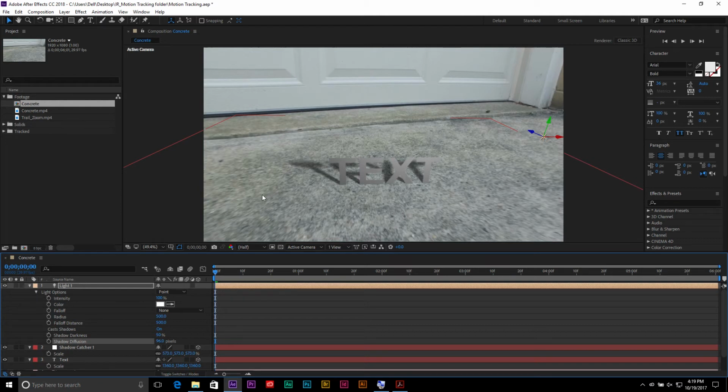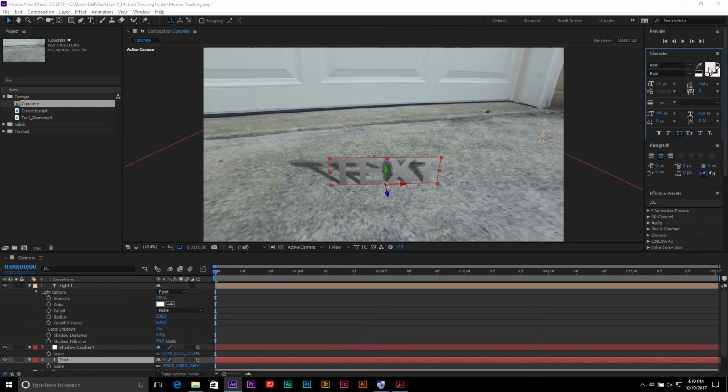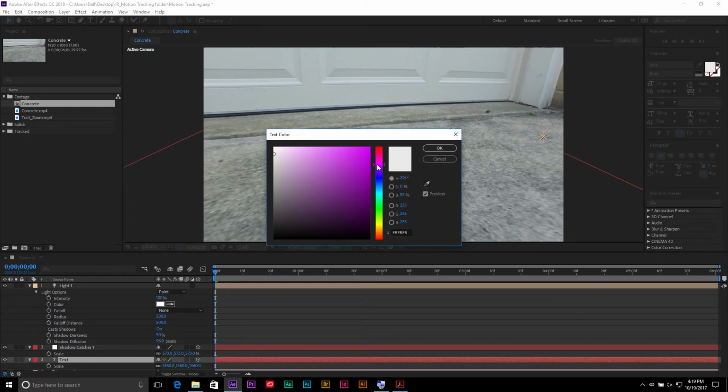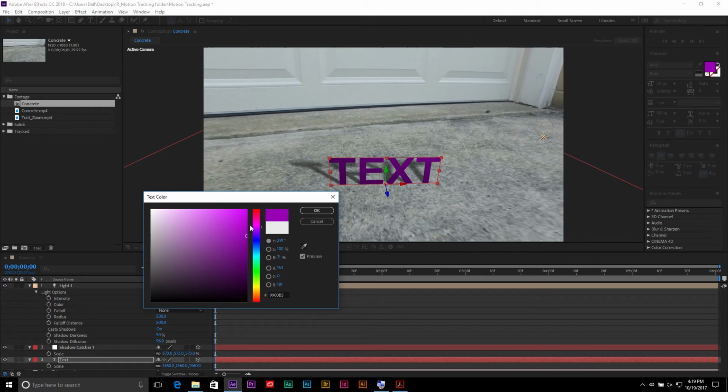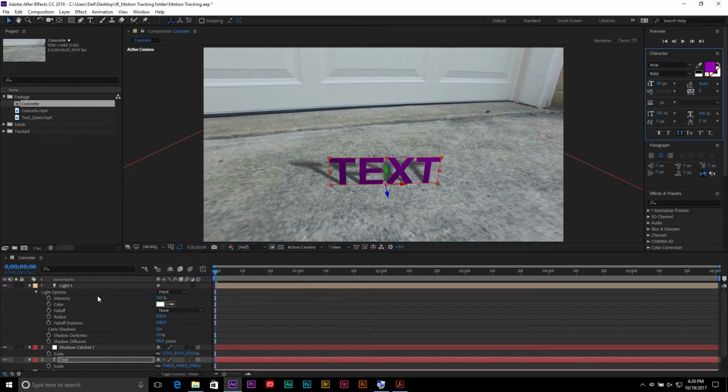Now to make the text pop a little bit more, I'm going to select my text and I'll change the text color just by going over to the character panel, and I'll click on the color, and I'll just create kind of this purpley color for my text. And I'll click OK. You can choose whatever color you like. All right? So now, if I press the space bar,